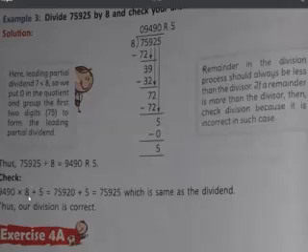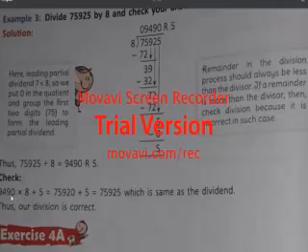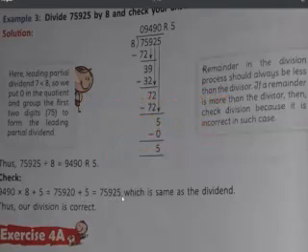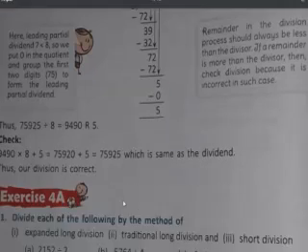Now you can see the multiplication: 8 0 is 0, then 8 9 is 72, 2 is there, carry 7; 8 4 is 32 and 7 is 39, carry 3; 8 9 is 72 and 3 is 75. So 75,920 plus 5 becomes 75,925, which is the same as the dividend. This is the same as the dividend, thus our division is correct.